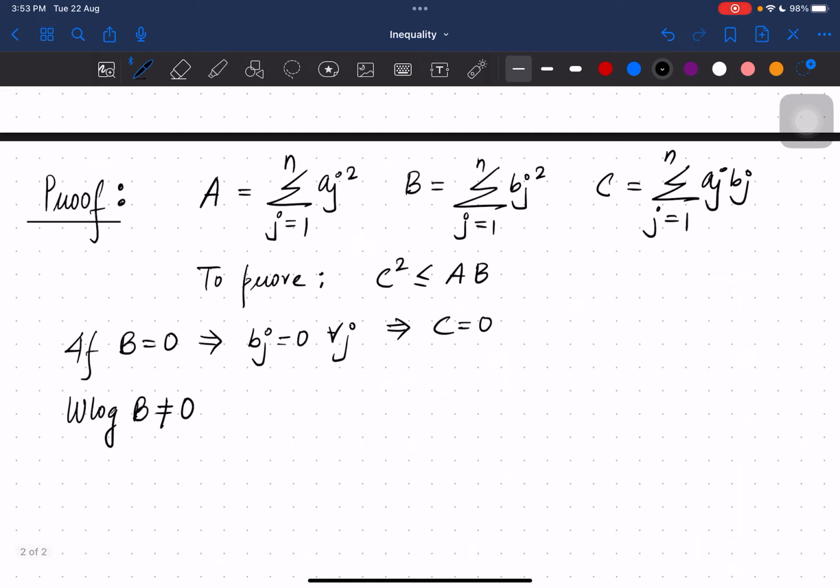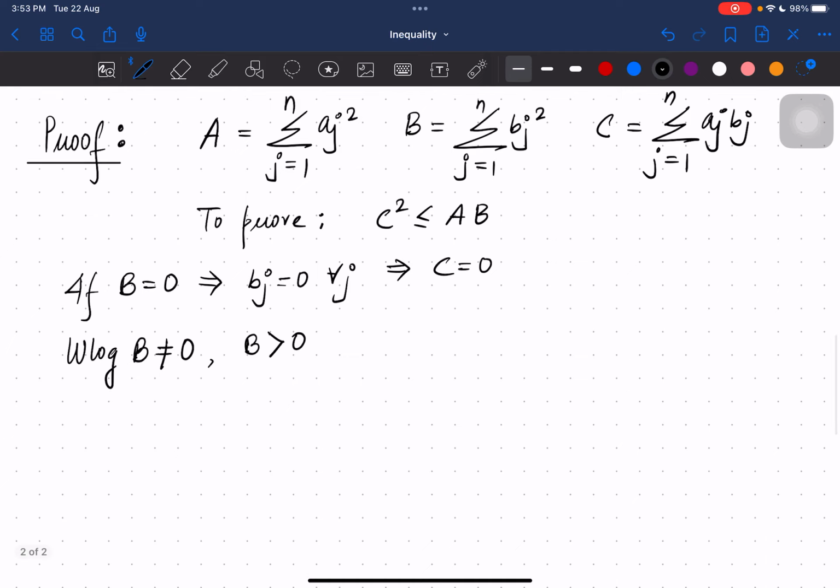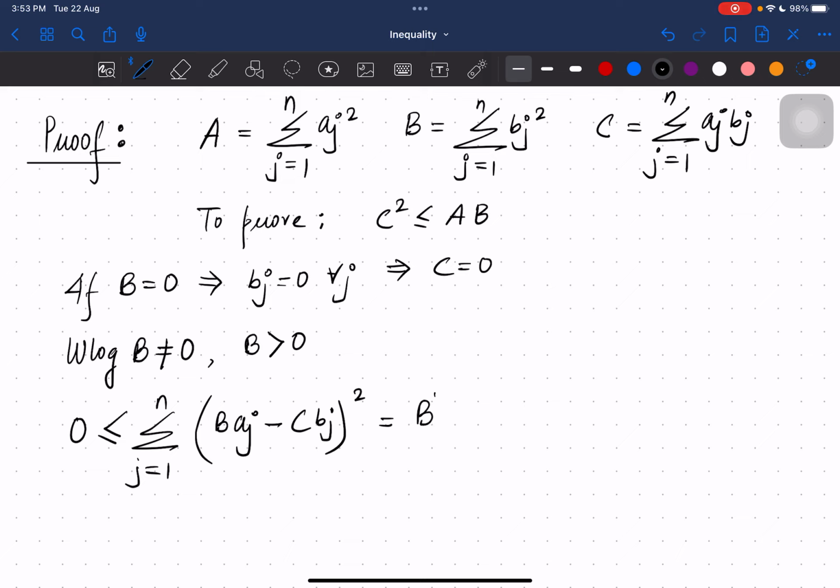Now since B is a sum of squares, B has to be positive, and hence, if I take this particular summation, j equals 1 to n, (B a_j minus C b_j) whole squared, this is always greater than or equal to 0. If I expand it, we get B squared summation j equals 1 to n a_j squared plus C squared summation j equals 1 to n b_j squared minus 2BC, the product,